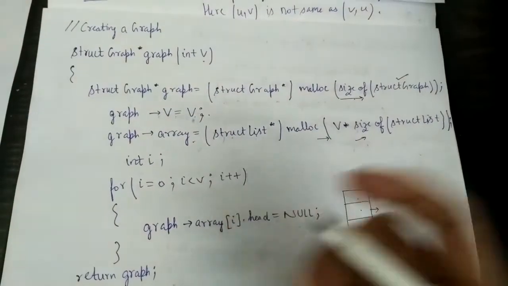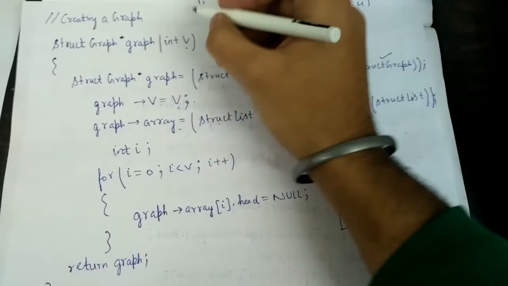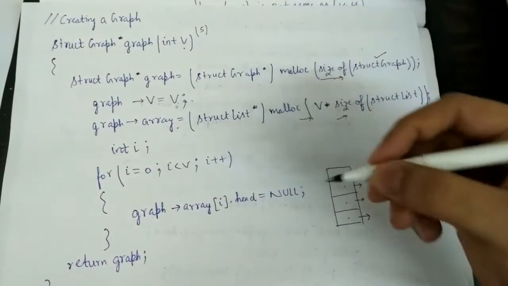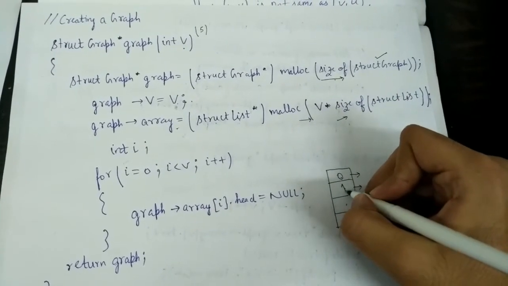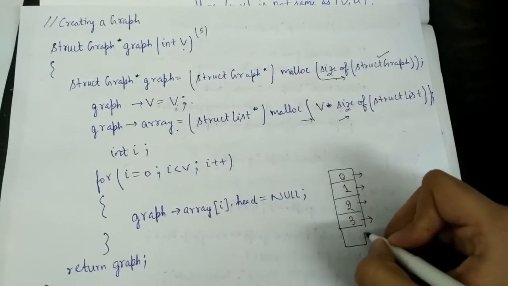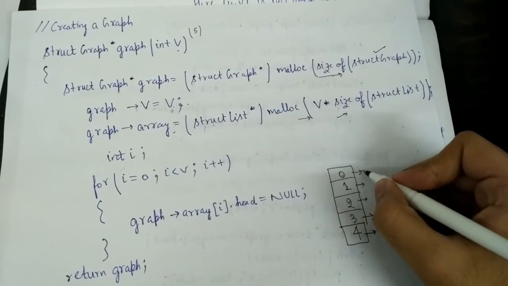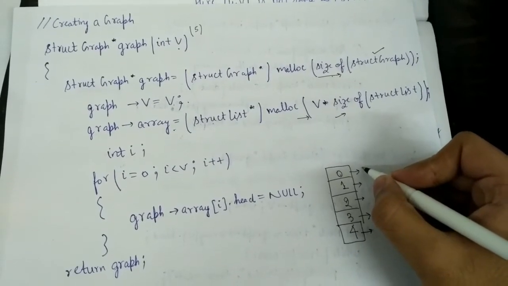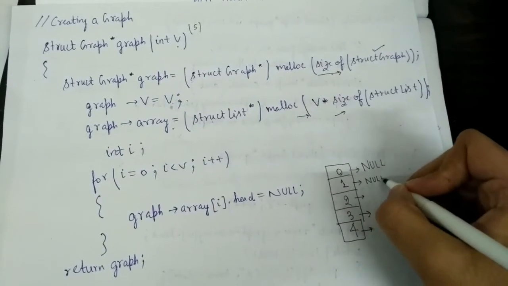So after this, if we have given an input of 5, this graph would be returned. What kind of graph would be returned? It would contain these array indices 0 to 4, and each array index would point to an empty list, that is null,